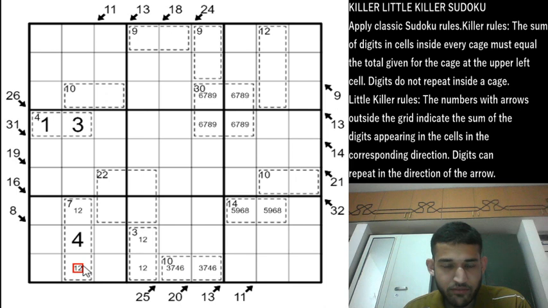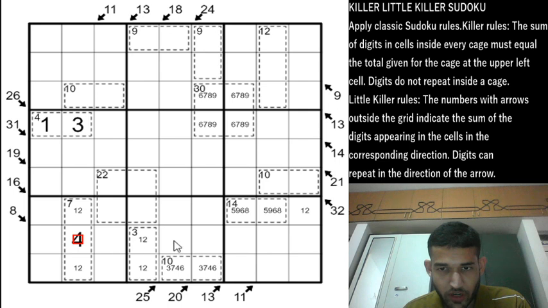Now if we have a 1 in this cell, row 9 column 2, immediately a 1 is forced in row 8 column 4, and in box 9 a 1 has to be present in row 7 column 9. And similarly, if row 9 column 2 is a 2, then row 8 column 4 will be a 2 and a 2 will be forced here. So this cell row 7 column 9 can have only a 1 or 2. We used a similar argument to establish that a 1 and 2 cannot be here, because the 1 and 2 will be in the 14 cage. So the 14 total cannot be satisfied, which forced a 4 here.